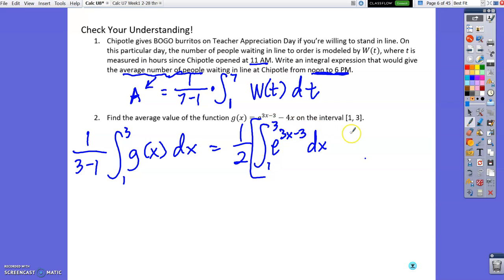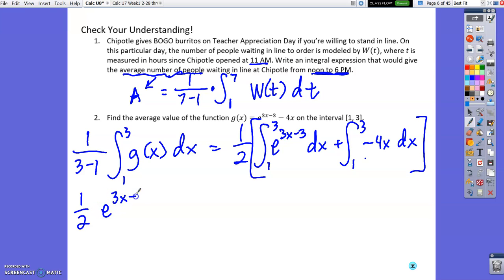The integral from 1 to 3 of e to the 3x, plus the integral from 1 to 3 of negative 4x dx. Makes it a lot easier to do the work, which is then 1/2 times e to the 3x minus 3 divided by 3, evaluated from 1 to 3,